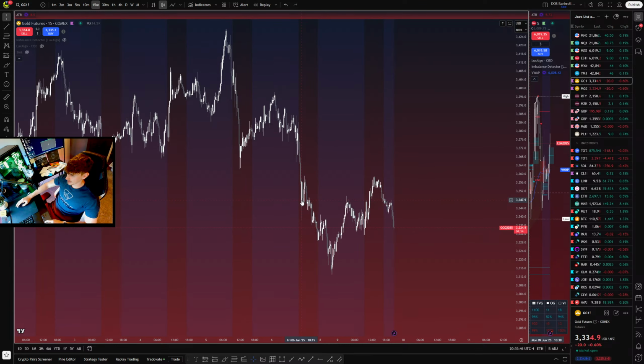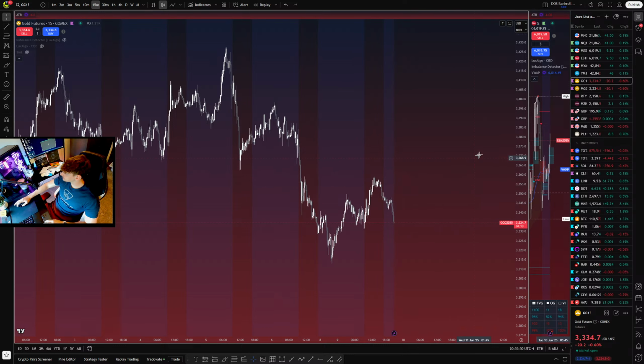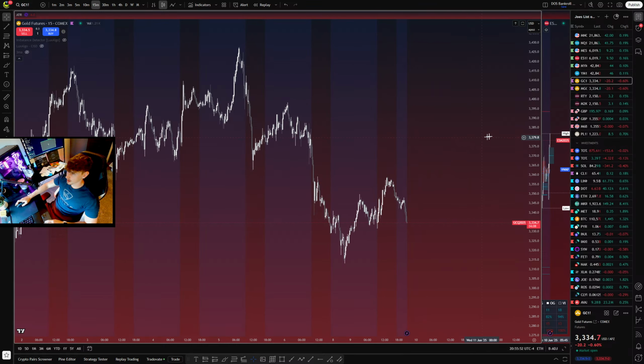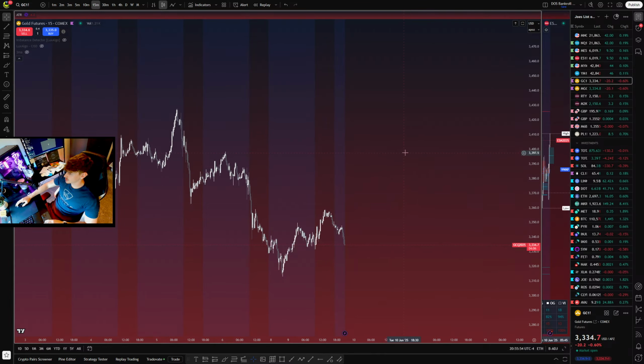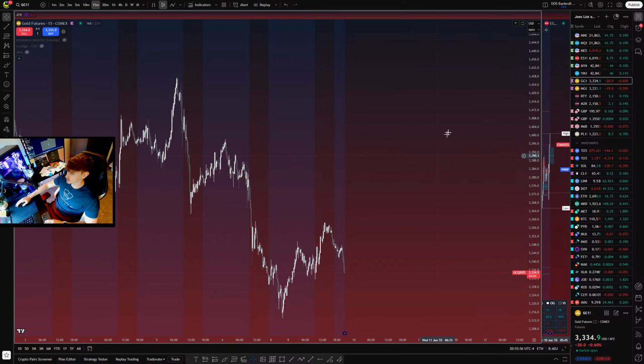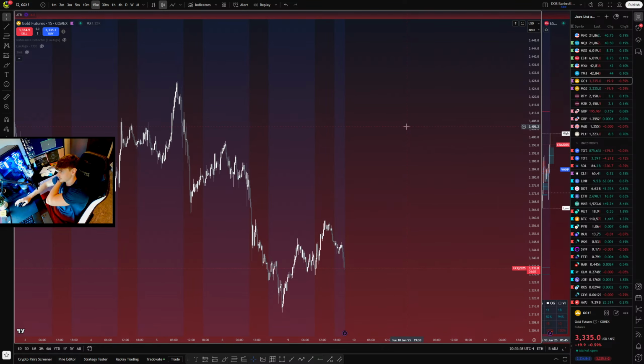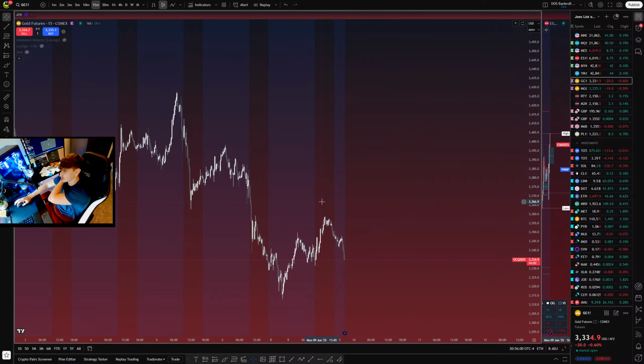Is that because it's part of futures? What is gold a part of? Gold is a commodity, so it's part of futures. So you're trading the futures of gold. Obviously futures are a contract, so you can trade contracts based off of commodities. So gold, oil, you can trade sheep if you want to.